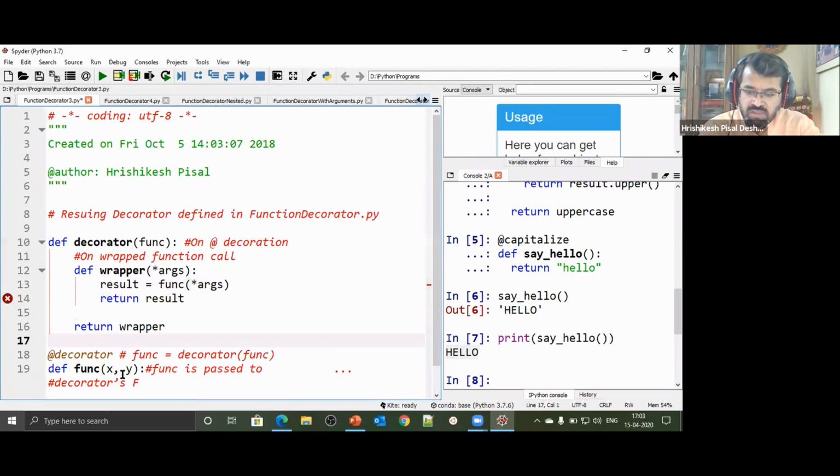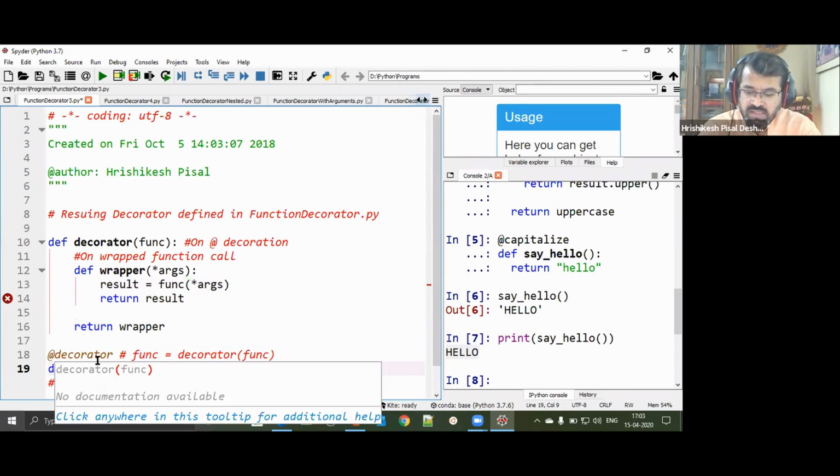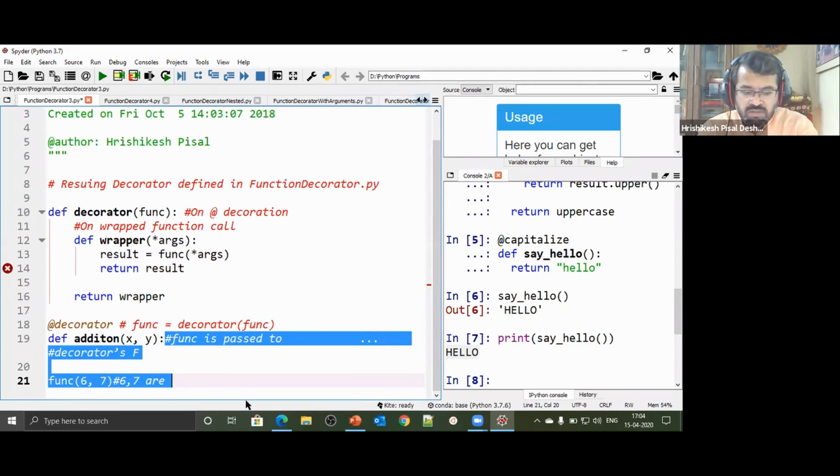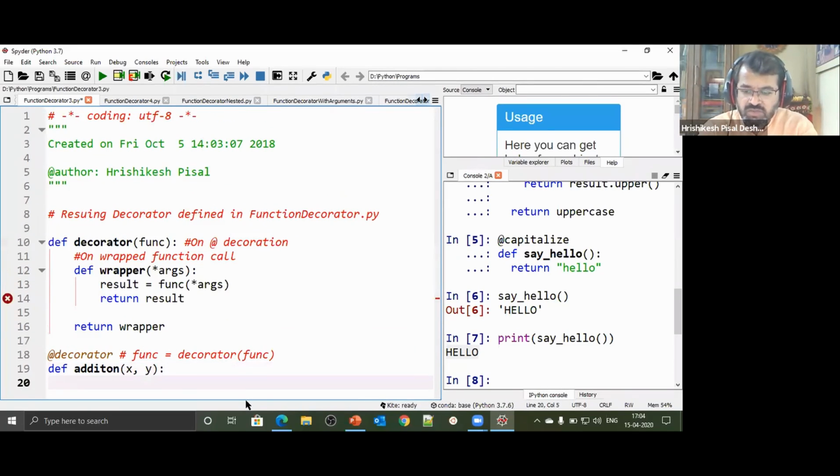And I have a function, let me give it another name. I say there is a function called addition, and this addition function is going to carry out the operation of addition of two numbers. Assume it's going to carry out addition of two numbers. So I'll just say return x plus y is what I have written. Now, if I say return x plus y, will it work or not?